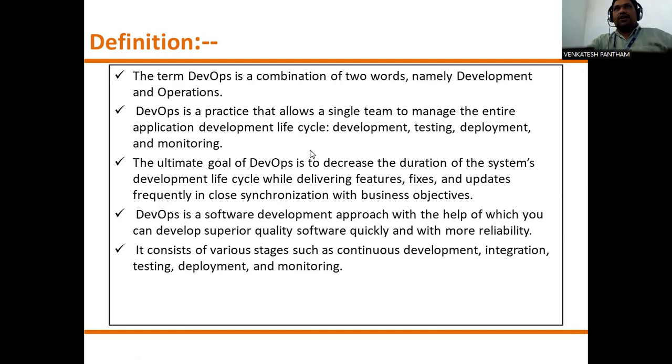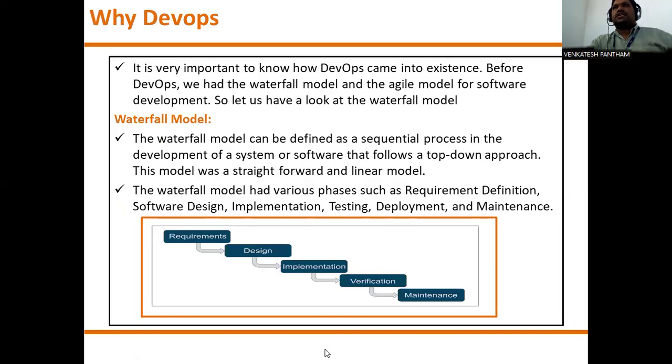Before DevOps was introduced, companies depended on different types of models. When we make any project, it depends on SDLC, the software development life cycle.